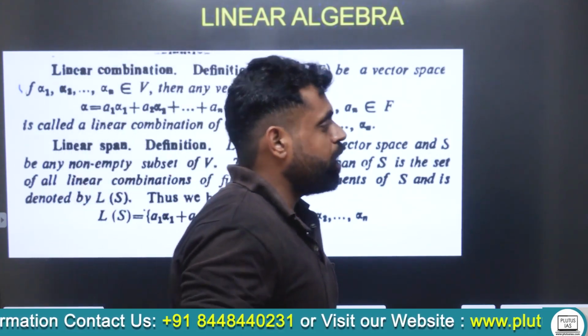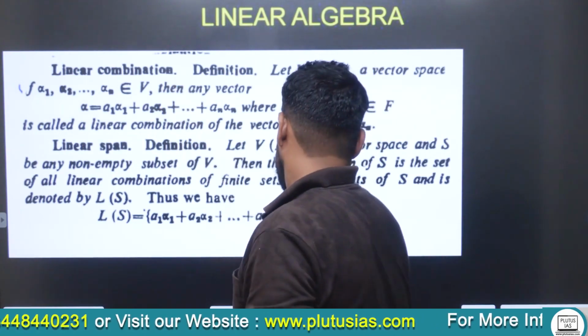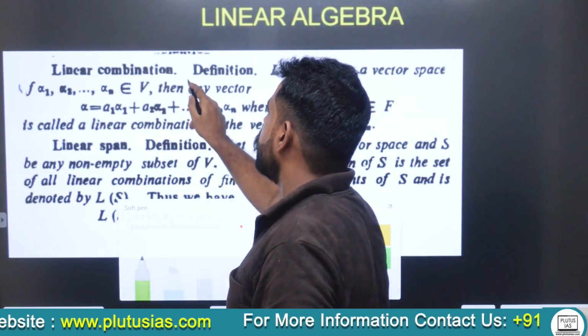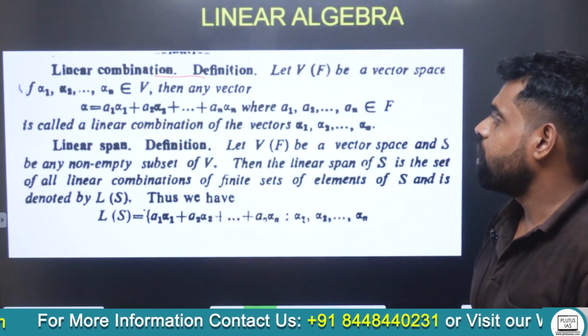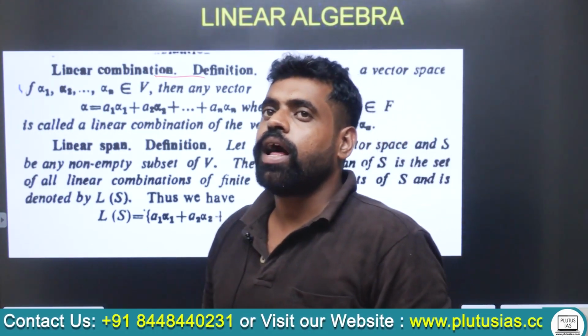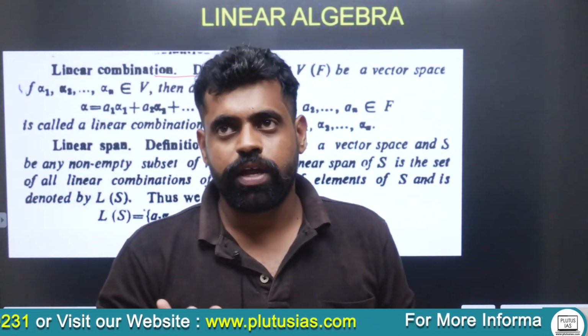So we have a linear combination. What is a linear combination? What is the definition? The definition is such that a linear combination is nothing but writing an element in the form of linear combinations of others. That is,